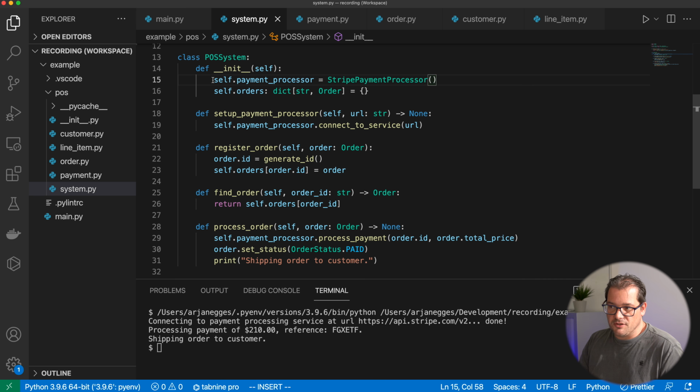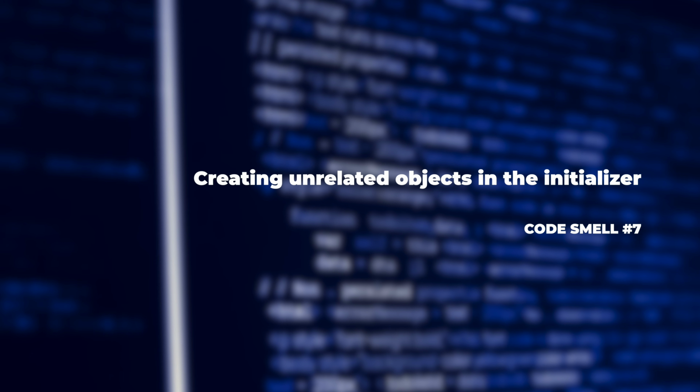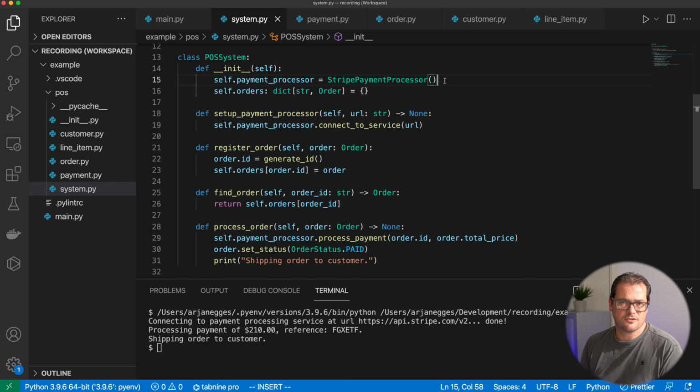Now the problem is that the payment processor is still being initialized here. It's being created by the point of sale system. And that's the 7th code smell: you should avoid having objects create other objects explicitly unless it's really necessary. If we let the point of sale system initialize the payment processor explicitly here, it also means this now